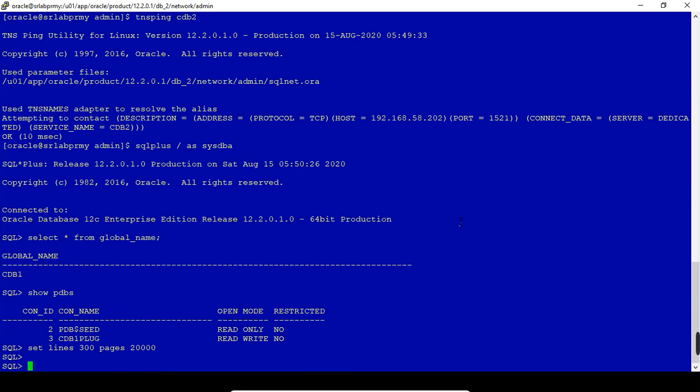So we are going to drop and recreate it from the remote container.